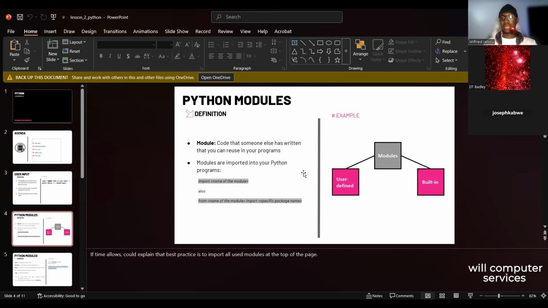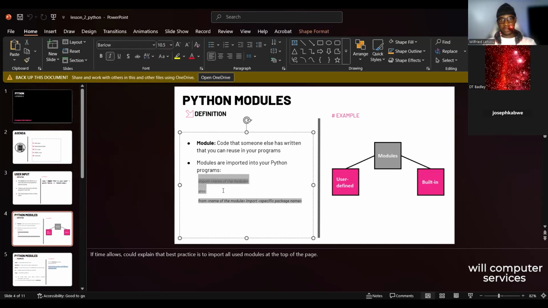There are two ways we can import, and the framework is given here. You can import the module name directly,